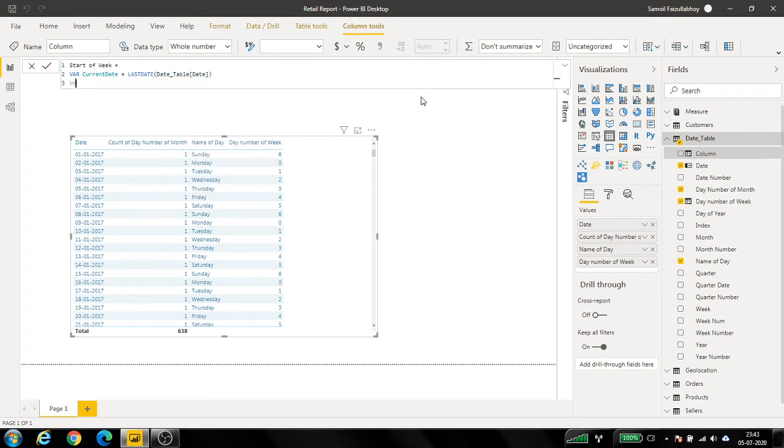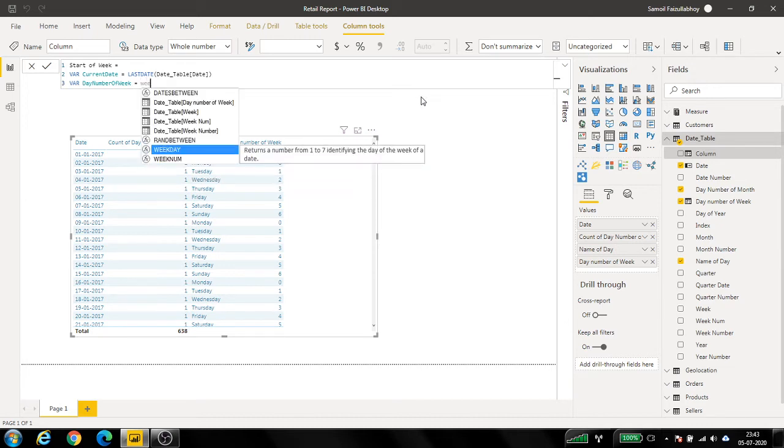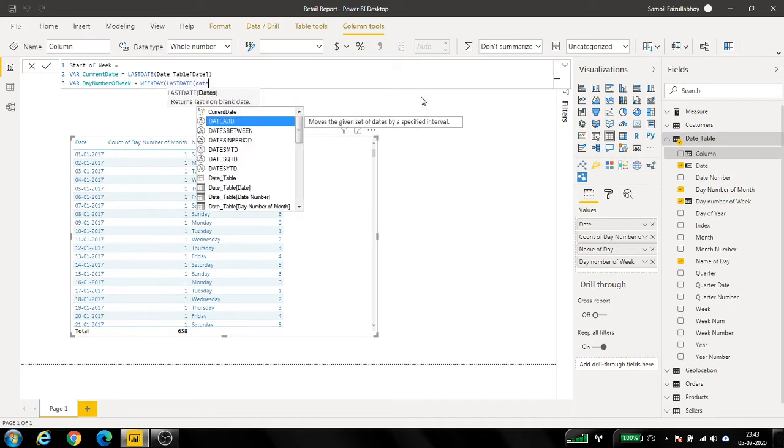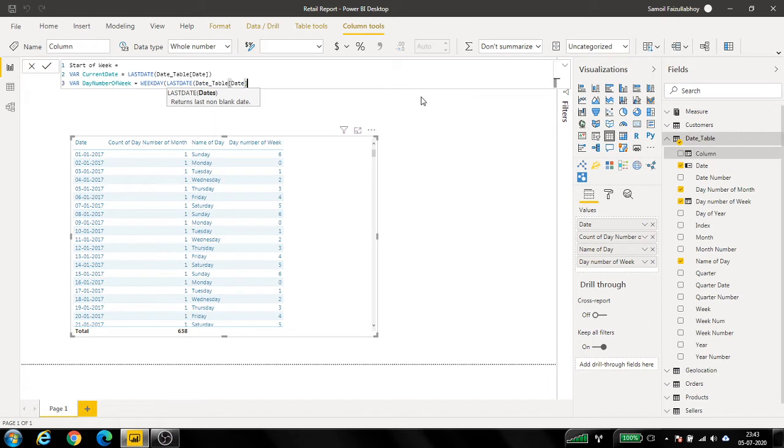I'm going to create another variable, which is the day number of week, which is equal to my weekday, last date of the date table, date, and I want it to return